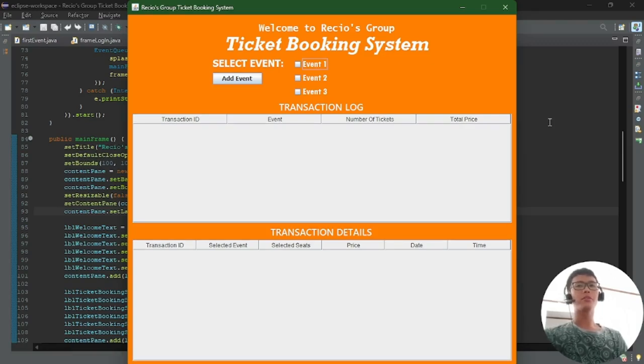On behalf of our professor, Sir Janus Raymond Tan, my group is going to present the implementation of our functionality for our final group Java project, a multi-form ticket booking system for managing ticket sales for events using Java Swing basic and advanced controls. I'm Joaquin Aaron Resio, so let's jump right into it.